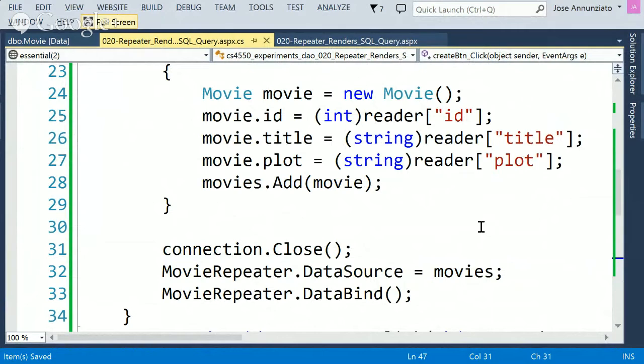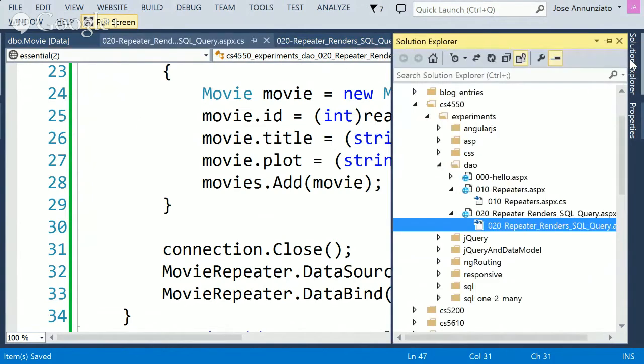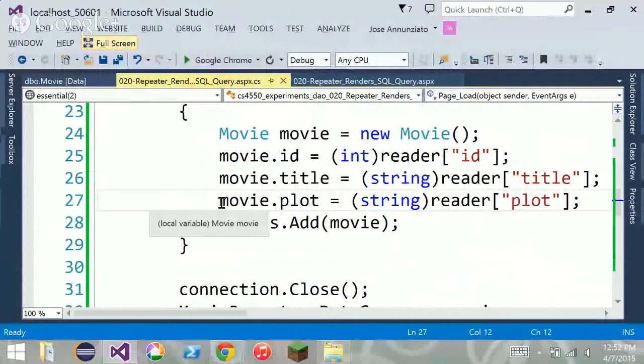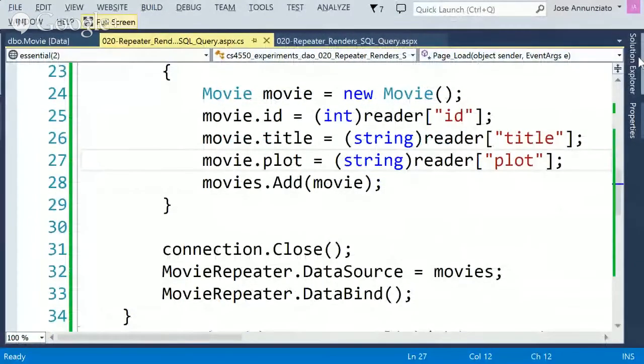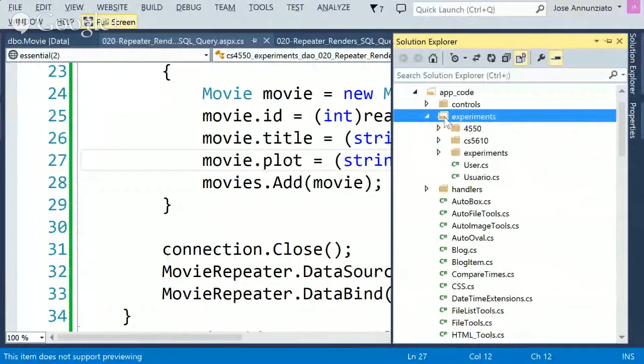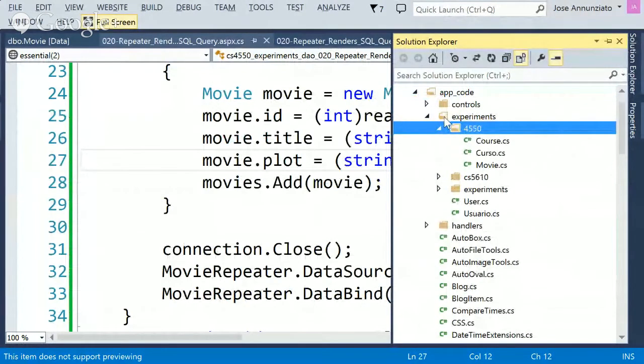So what I want to be able to do instead is be able to put this in a central place where I can reuse this over and over across many pages, right? So to do that, we're going to use the data access object pattern, right? And so what we're going to do is stop this for a second. We're going to go in here, and in our app code experiments, and for 4550, I'm going to create here